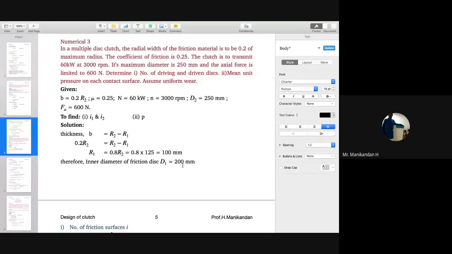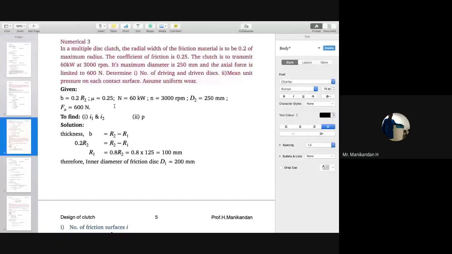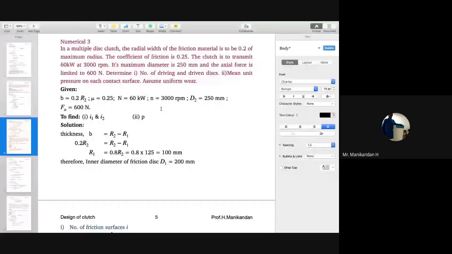Fine, let's see. So multiple plate clutch. So obviously it is not a single pair. It is actually friction surfaces more than two, more than one, right? So we don't know what is the actual number of friction surfaces, but that is only we have to find out, right? In question number one. And second is we have to find out the value of pressure. So obviously, since this is not a design problem, we cannot assume the value of pressure. We have to directly find out from the given data. So let us see what is the given data here.